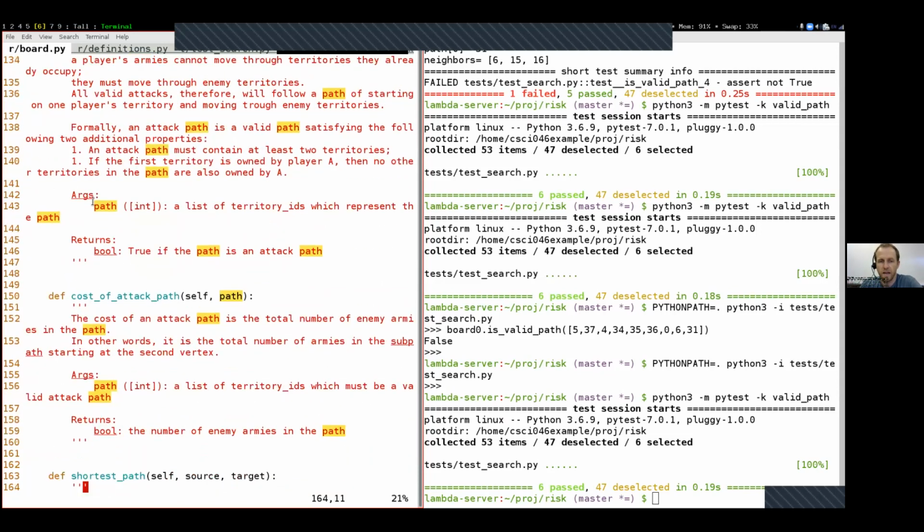The cost of an attack path is, this will be returning an actual number for you, how many armies